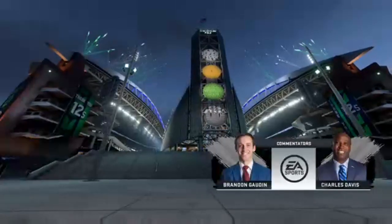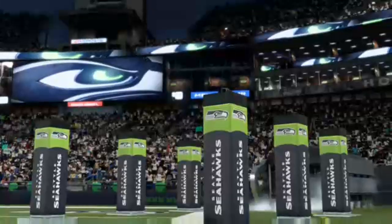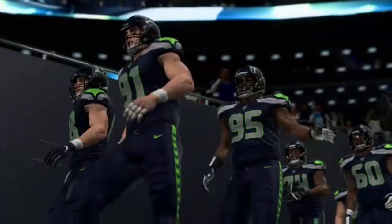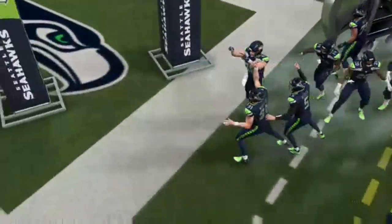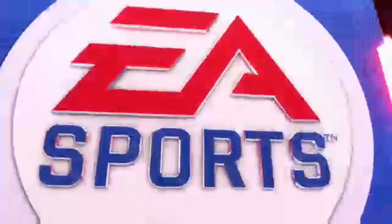And on the call, as always, Brandon Gaughan and Charles Davis. Okay, Coach, EA Sports coverage of the NFL playoffs brings us to the Pacific Northwest, the home of the 12s, as it's called, CenturyLink Field in Seattle. Coming up, it's a battle to represent the NFC in this year's Super Bowl, and we've got a classic in store between the Atlanta Falcons and the Seattle Seahawks. With Charles Davis, as always, I'm Brandon Gaudin. And Charles, you talk about